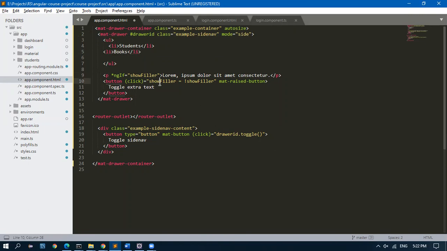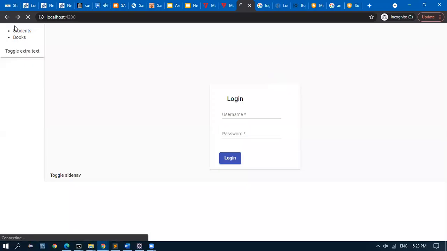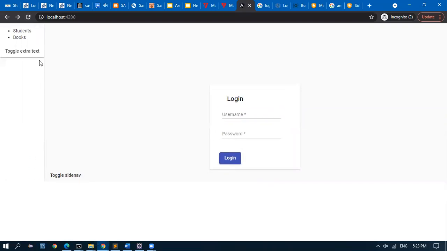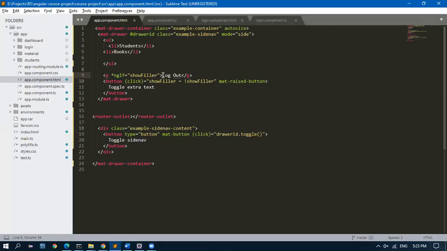I will add one more, and rename this as logout. So click here. I'll add it here itself.